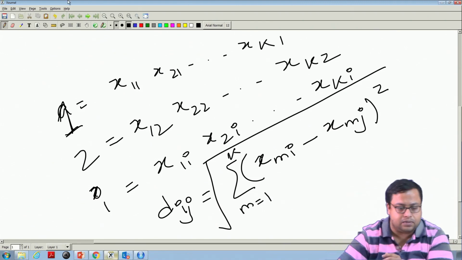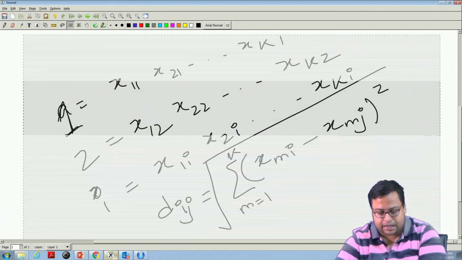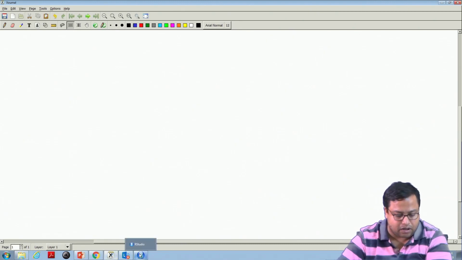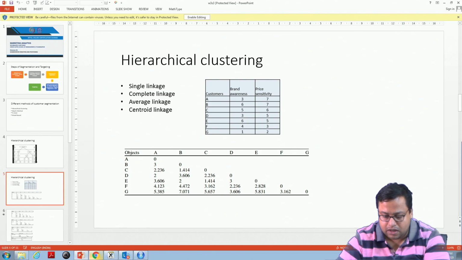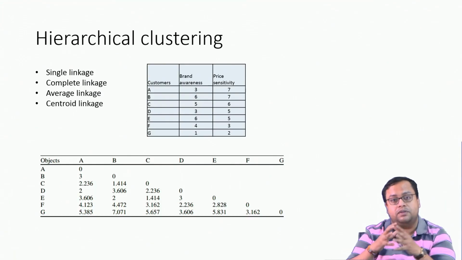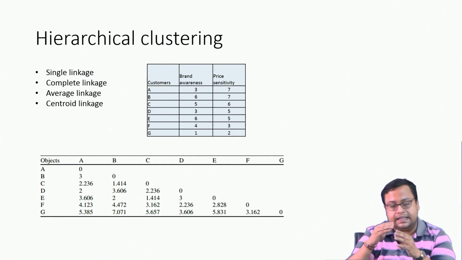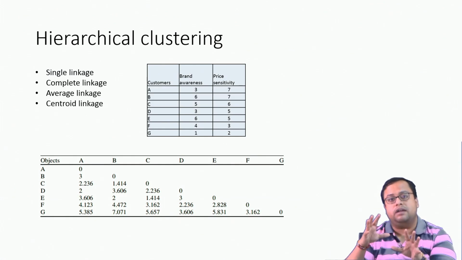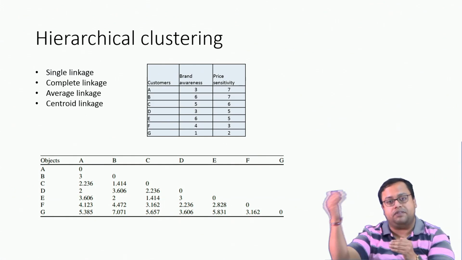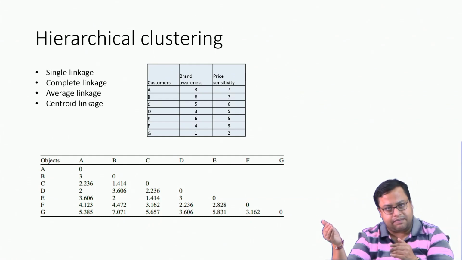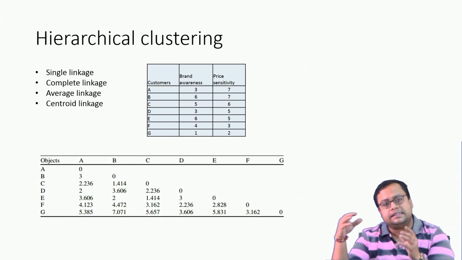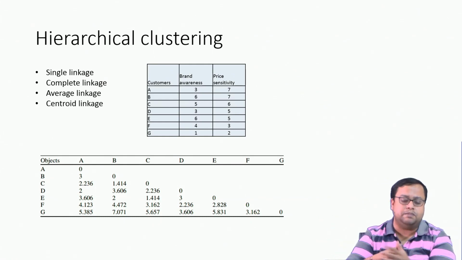Once we calculate the Euclidean distance, we can calculate actually 7C2 number of Euclidean distances. Each of the guys will have a Euclidean distance with each of the people. And then we see the diagonal elements are all 0 and it is only a triangular matrix, that means nothing above the top. Why? Because whatever is above the diagonal is the same as whatever is below the diagonal.